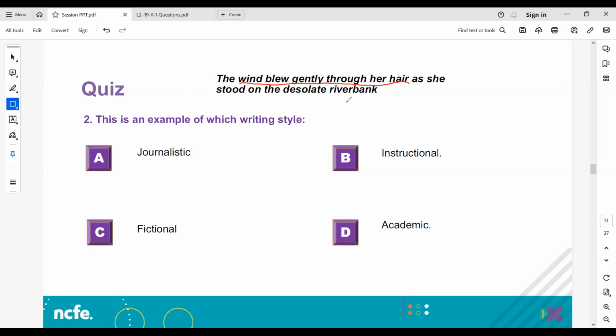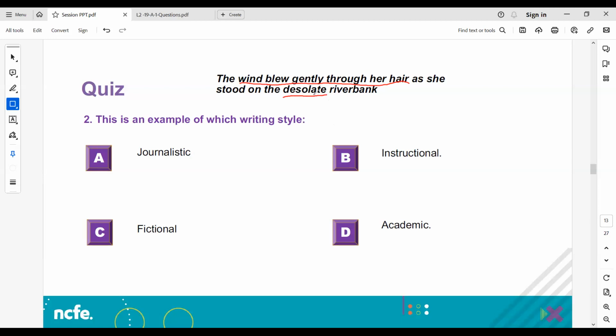Does that make sense? If you were reading a news report, you would just have the facts. A woman stood on the riverbank. That's it. But when it's fictional, if you are reading a novel, then you want that added description for interest, so that you can imagine what the woman looks like, what's happening in the surrounding area, the desolate riverbank. Again, that additional description there, desolate. Okay. So that is a feature,